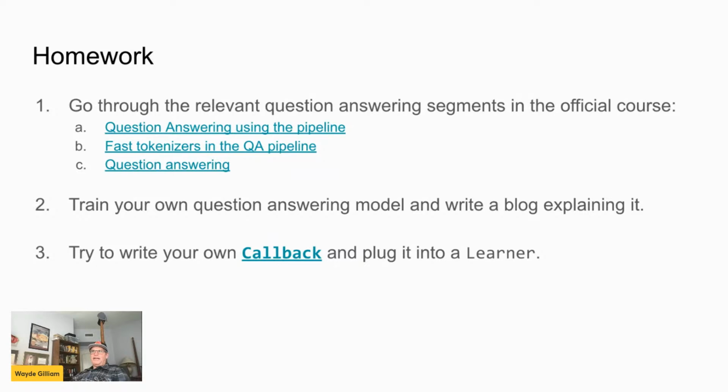And as a third thing, if you really want to test your fastai skills, look at the documentation for a callback and try to create even just a trivial callback that you can plug into your learner, just like the callback that I created for aggregating the chunks by example. See if you can do something simple just to demonstrate that you understand the mechanics and how you can use it. There are some examples of trivial basic ones in the documentation if you click on this link. I really encourage you to try to do that, because it's definitely one of the more sophisticated mechanisms in fastai,